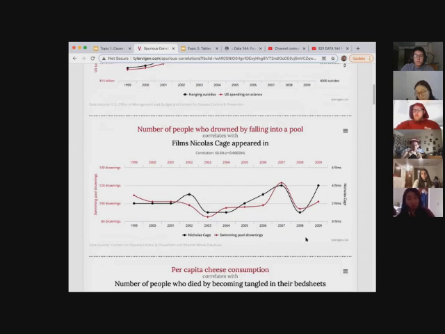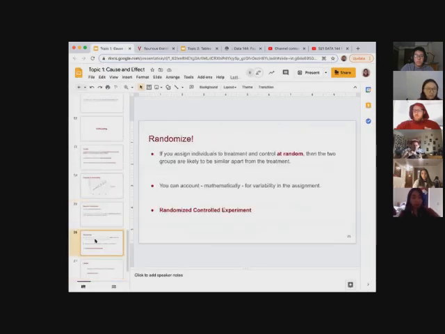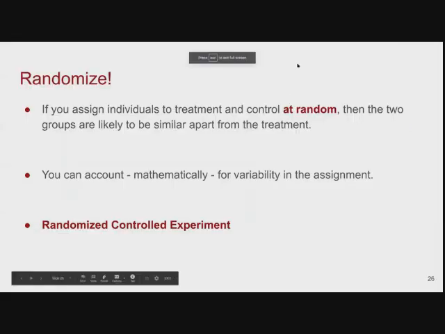I don't know the reason behind it, but just so you know, a lot of times we do collect data and we want to show their pattern. But sometimes if you don't make sure that there's no confounding variable out there, the results that you're seeing might not be what you're really seeing. So those are important lessons, and I hope you will later get a chance to take a look at the website and think hard about those results.